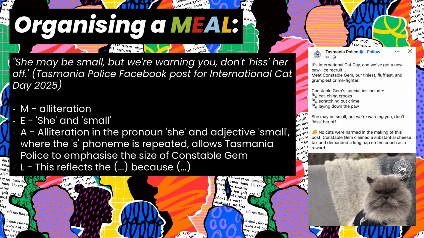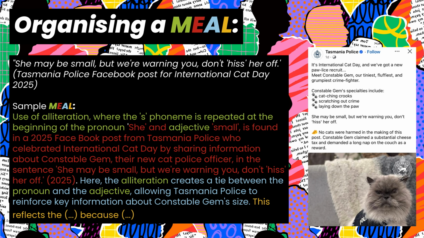The last part of our meal is the link. And you can see here that we've decided, instead of putting a specific link in and planning out what our link is going to be, we've chucked in a sentence starter so that you could use this sentence for any link that you're writing in a short answer, AC, or essay response. So here's a sample meal. You can see that we've got green for meta-language, red for our example, A for our analysis, and L for that sentence starter of a link.